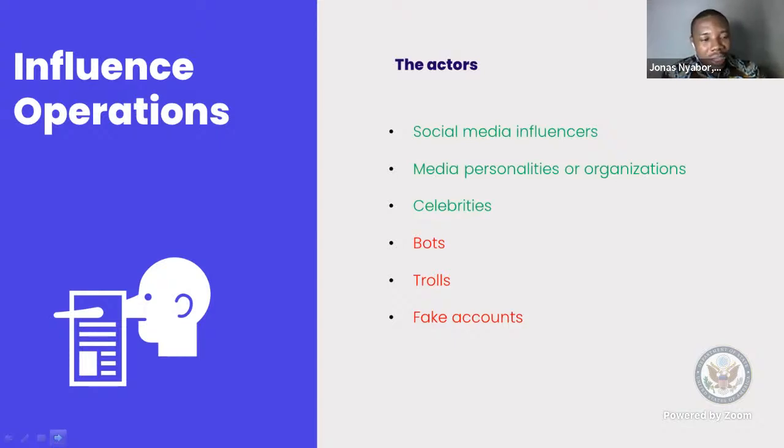I consistently post information that I know the influencer is biased towards. So it's very unlikely that the person would see that information and not retweet it or not share it on their personal pages, because that information resonates with them. They are biased towards the particular information you're putting out there, and so they'll most likely share it. And when they share it, the benefit that comes to your campaign is that it amplifies your campaign. Hundreds of thousands of followers are able to see what they've posted, and then they are also recruited into it. The second group of people are media personalities and media organizations.